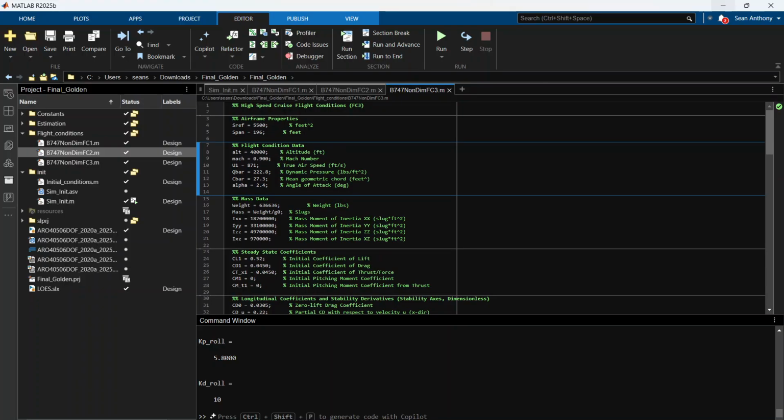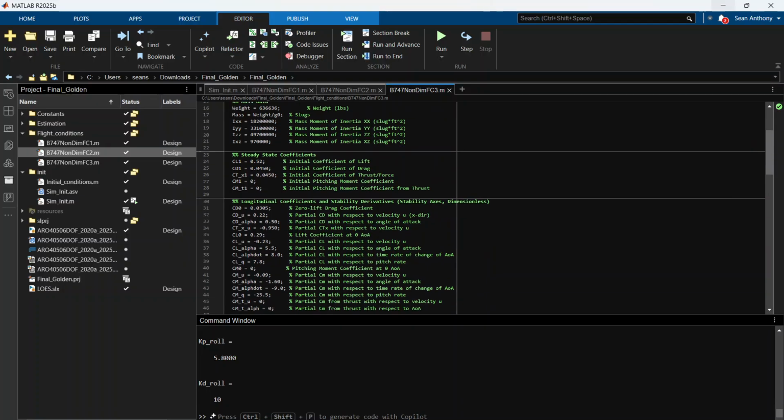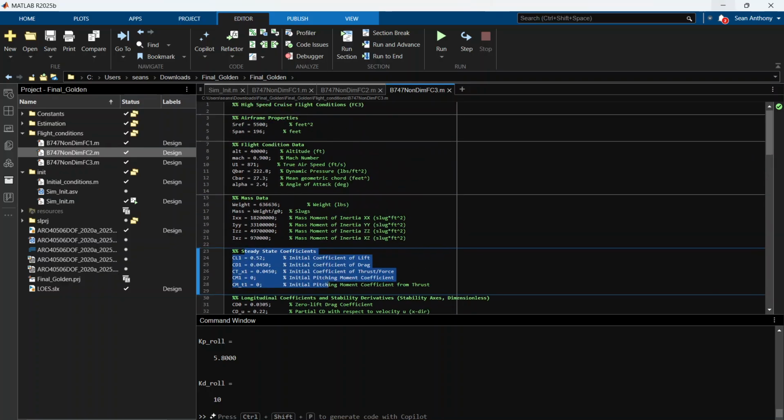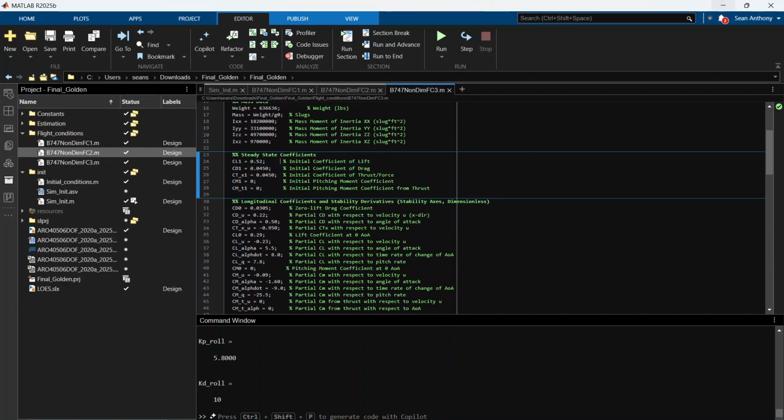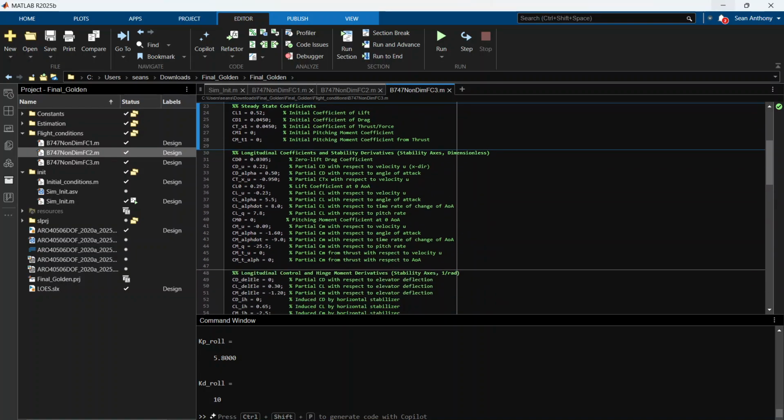Q bar is your dynamic pressure. C bar is your mean aerodynamic chord. Then you have mass data, so it's your weights, as well as your moment of inertia. And then these coefficients have been non-dimensionalized based on the properties of the plane. So you have coefficient of lift, drag, pitching moment, zero lift drag coefficient,